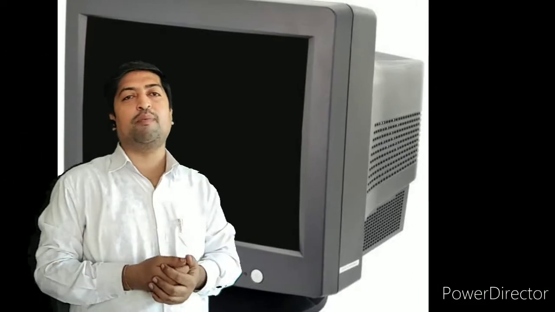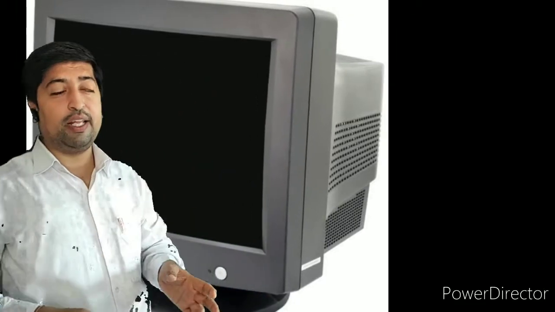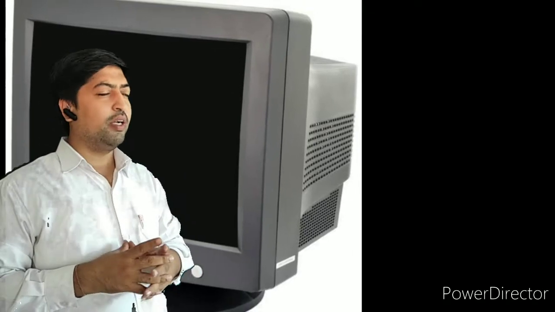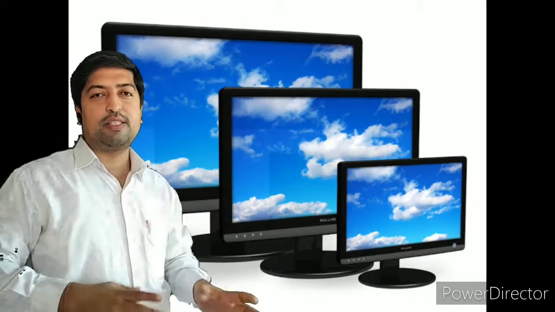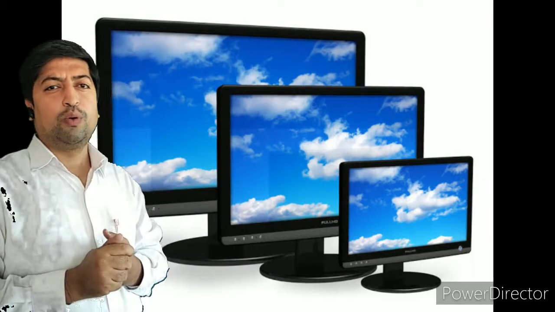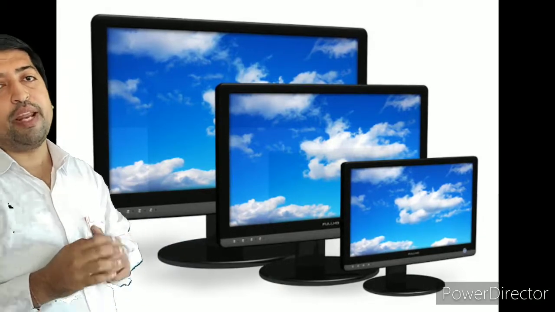LED monitors are very useful nowadays because their clarity is very high quality, and we can see the different high quality pixels with that. LED monitors help us to see the picture very clearly, and we can do our operations very effectively.